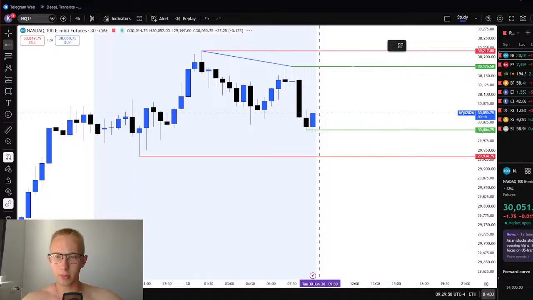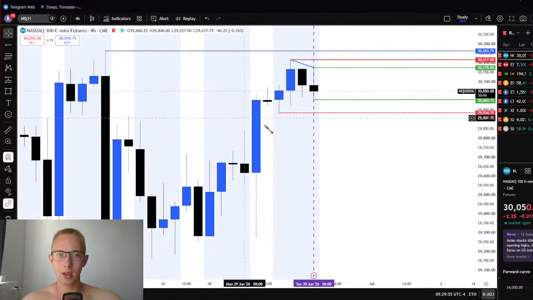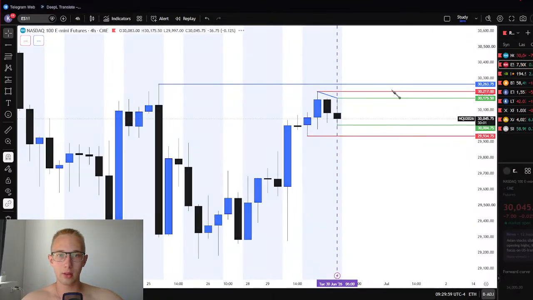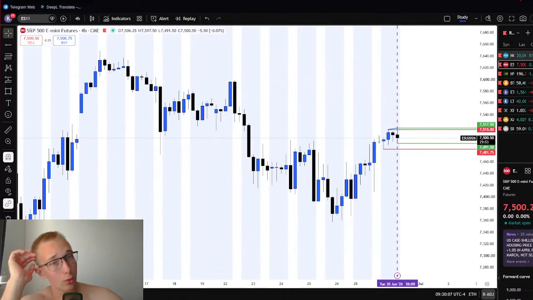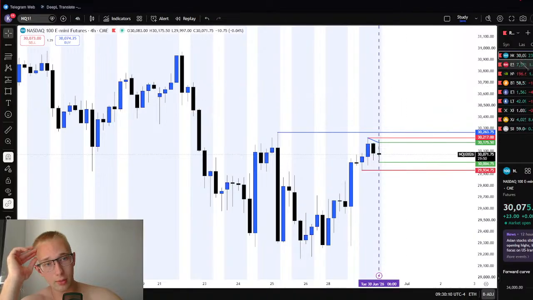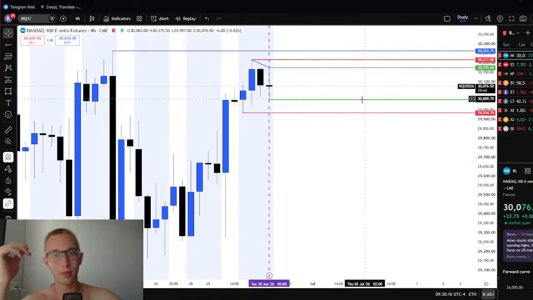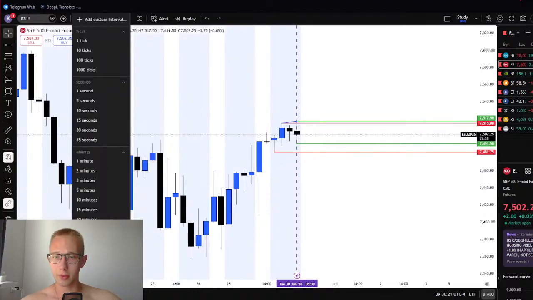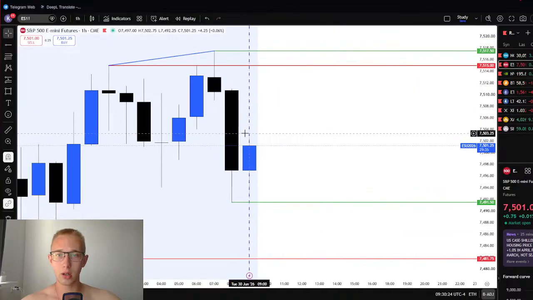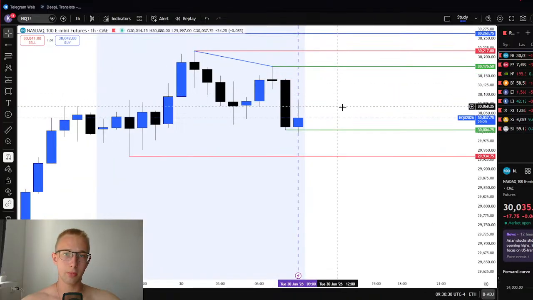Let's go on a 4-hour for marking liquidity first. We're in a bullish trend at first. Have those highs up there, and this is kind of the last one we have. We already pushed past those highs, which means we're kind of in a bearish SMT, unless we actually perform those, because we cannot do that as well. We are gonna just see that. But we're bullish on both indexes on the 4-hour, and on the hourly we are bearish, unfortunately, which would mean we are probably going to go to the downside.